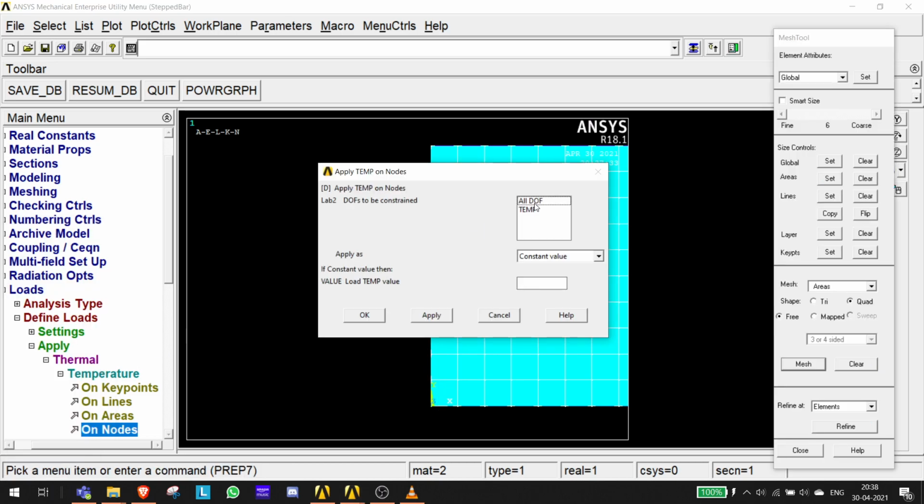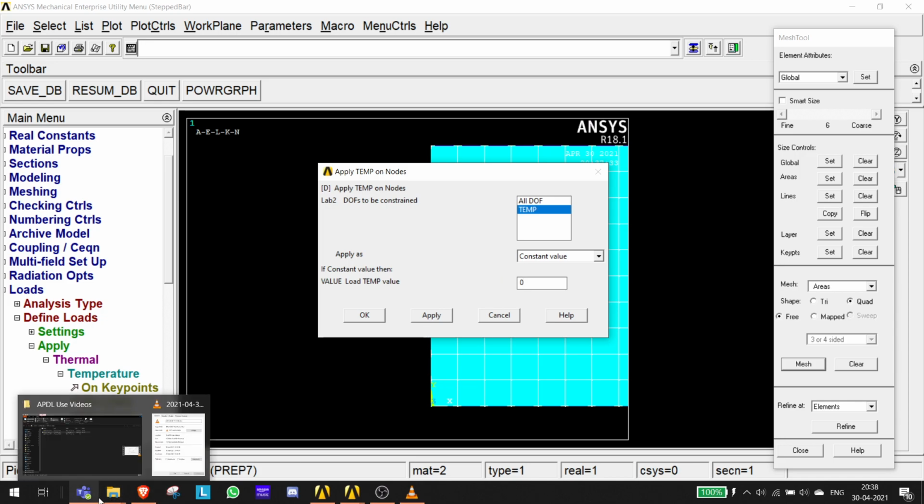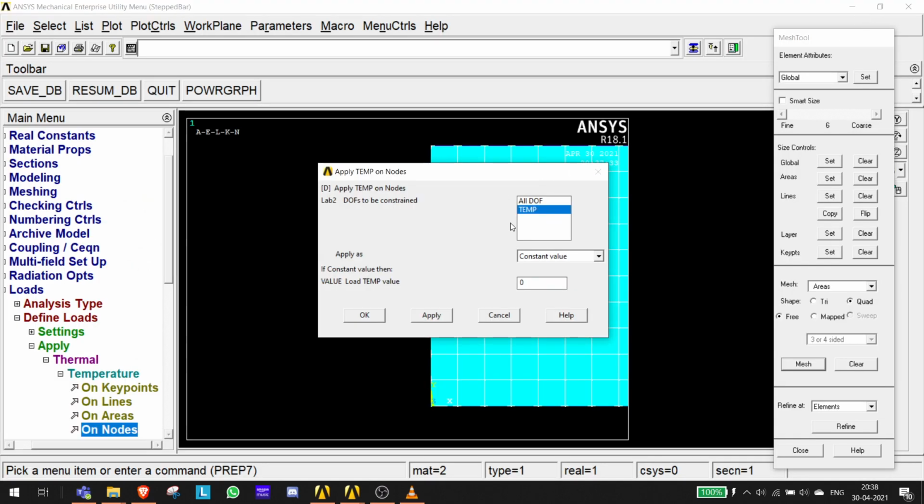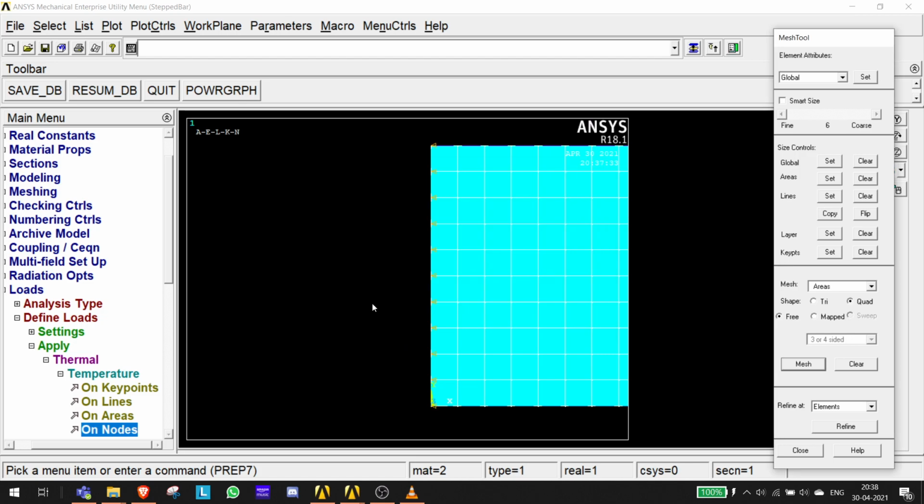Now what do we want? We want temperature to be at what value? 0. Now see, ANSYS is dimensionless, so because the unit of this is millimeter and degree Celsius, we'll keep this also at 0 degree Celsius and not Kelvin. Okay, I'll click OK, and this is done.